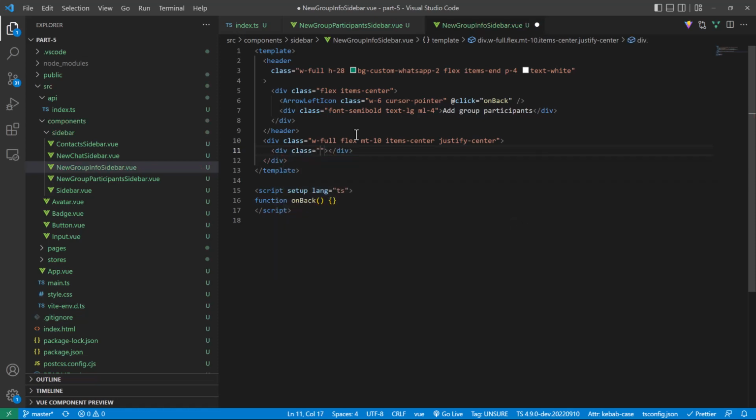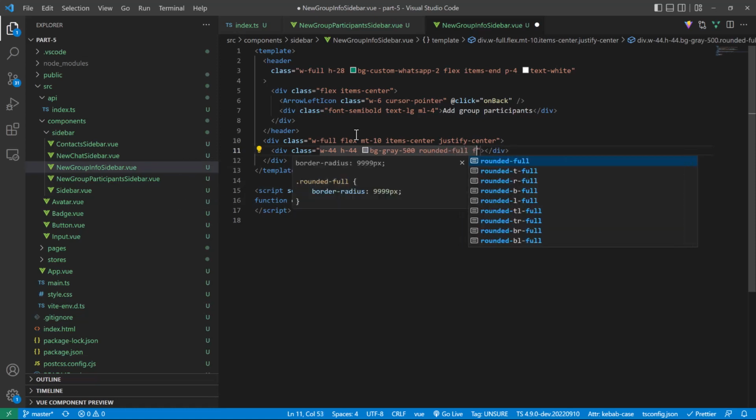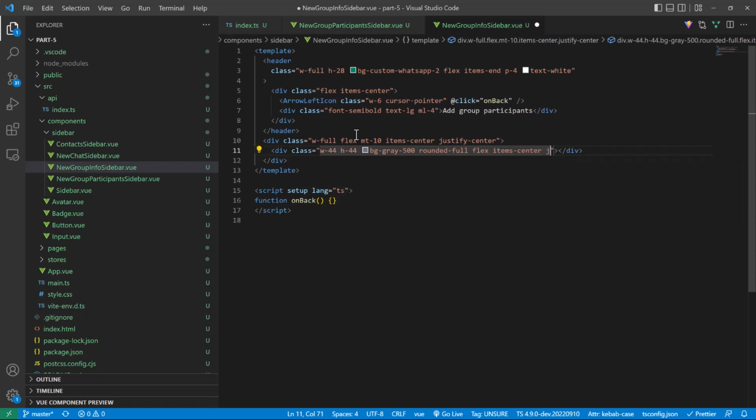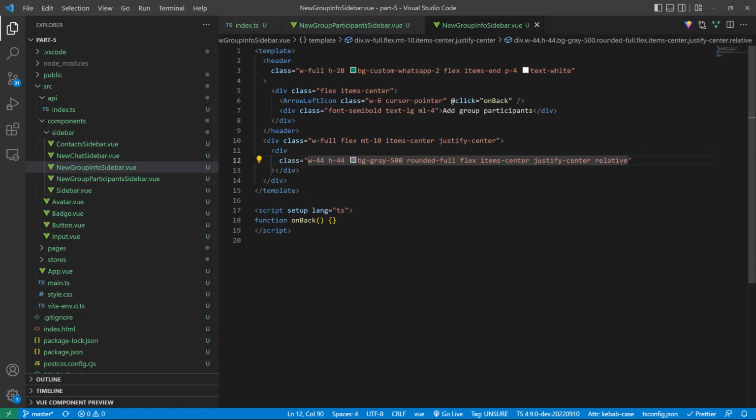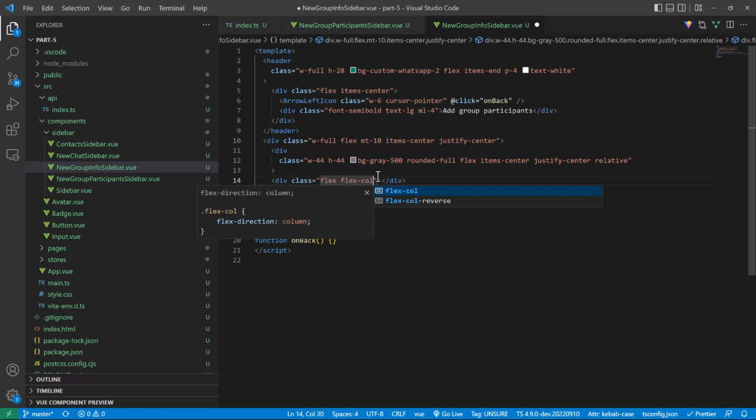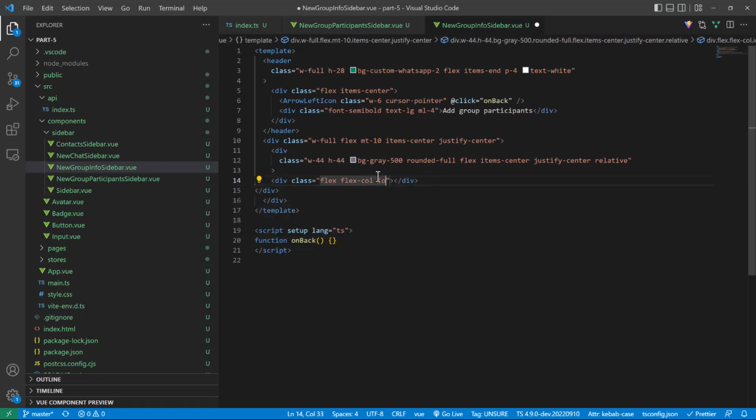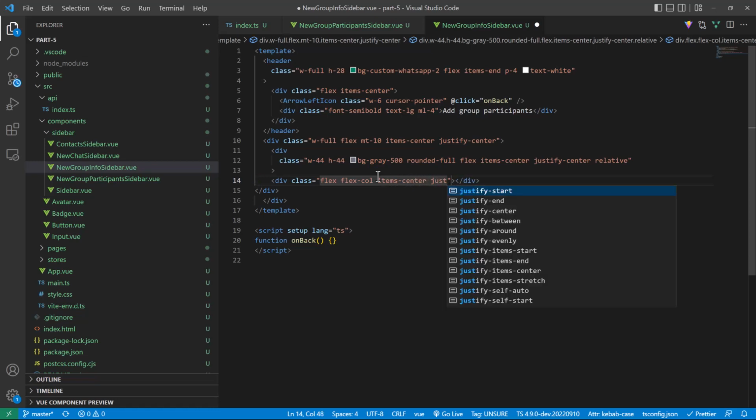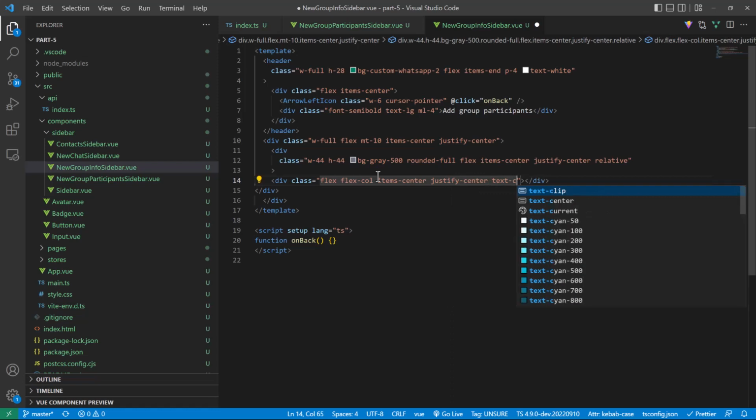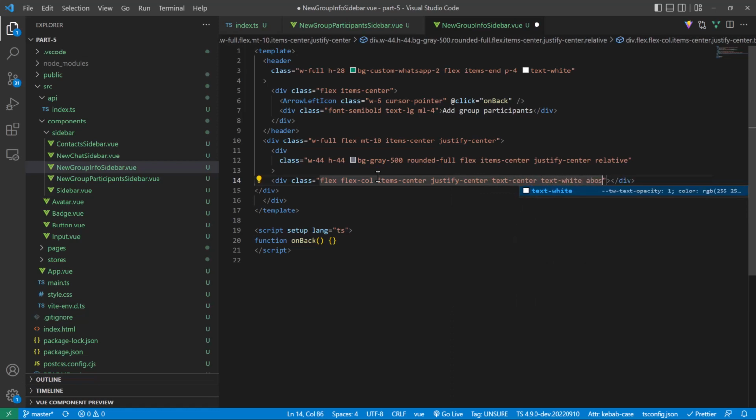with a class of width 44, height 44, background of gray 500, rounded full. We want it to be completely round. We're going to flex items center, justify center, and relative, since we're going to have a position absolute element inside here. The next thing we need to do is create the container for that icon. So we want a div, which is going to be flex column. We got items center, justify center, text center, text white, absolute,